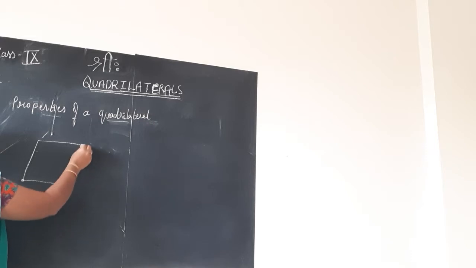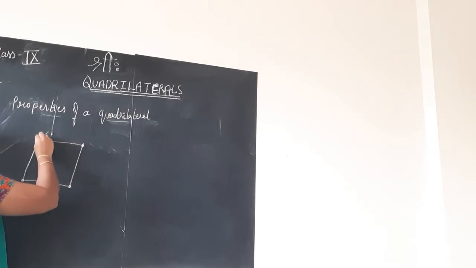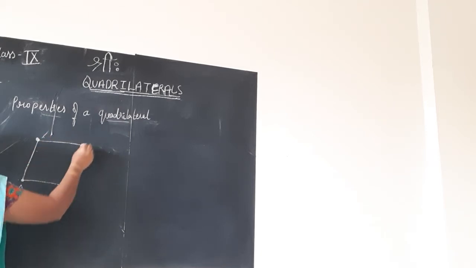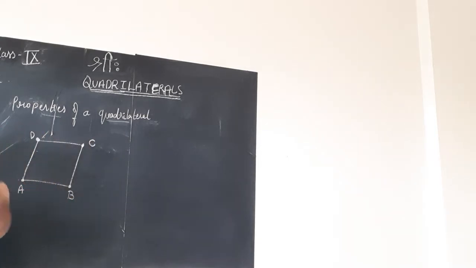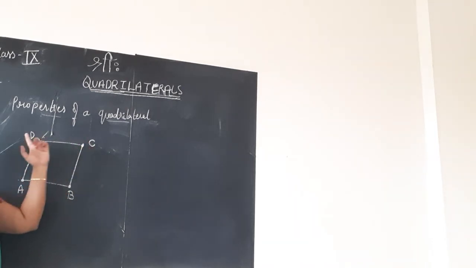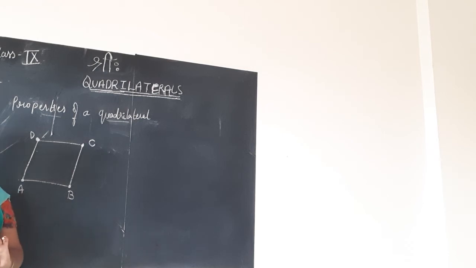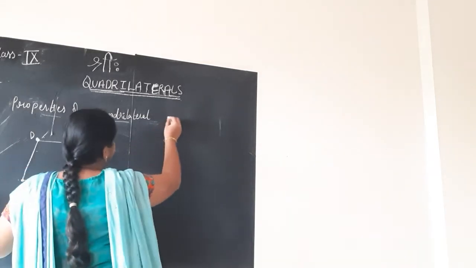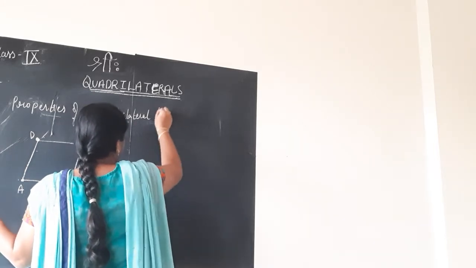vertex. What is a vertex? It means the two line segments which join or coincide at a point is called the vertex. So, if you consider any quadrilateral, it has four vertices. Vertices is the plural of vertex. So, A, B, C, D are the four vertices of the quadrilateral. And it has four sides as well. Which are the four sides? We will write here one by one.